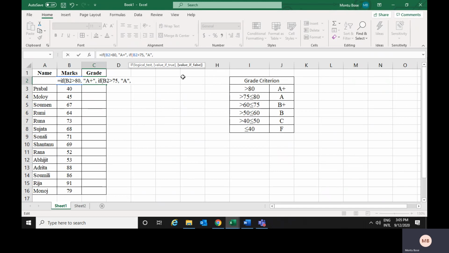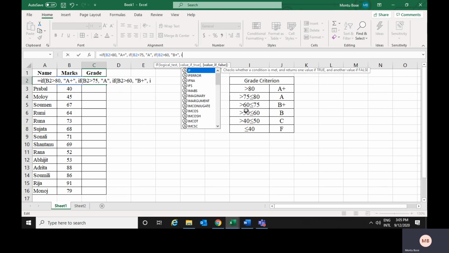Now again, if it is not true, then I have to check another criteria. If it is not greater than 75%, it needs to be checked whether it is greater than 60% or not. If greater than 60%, then the grade would be B plus. So within double inverted commas, B plus.